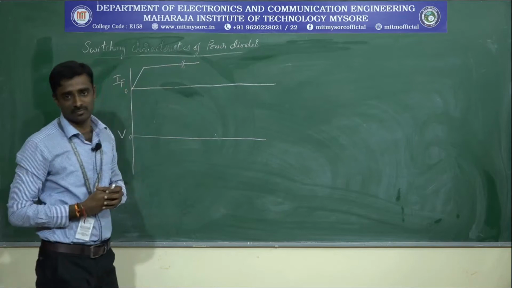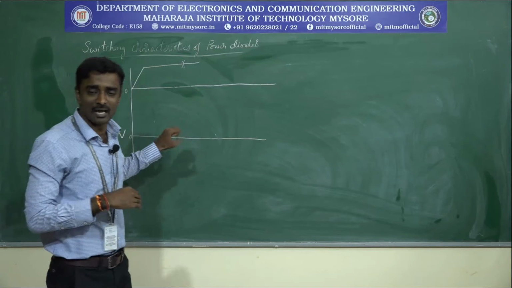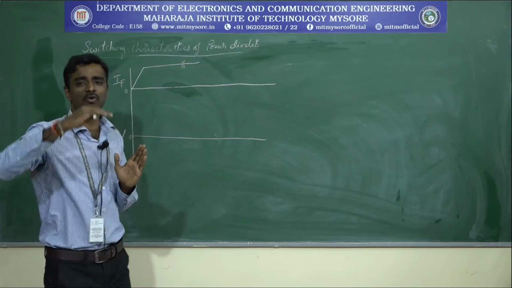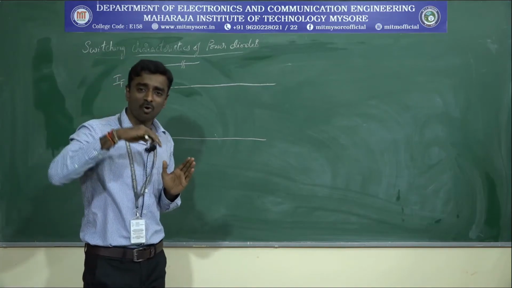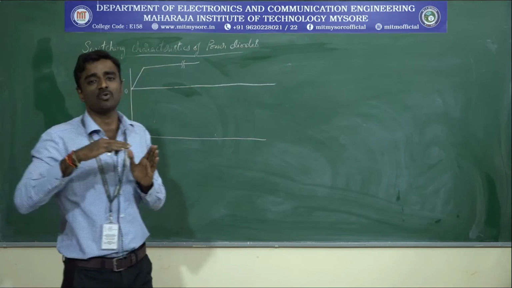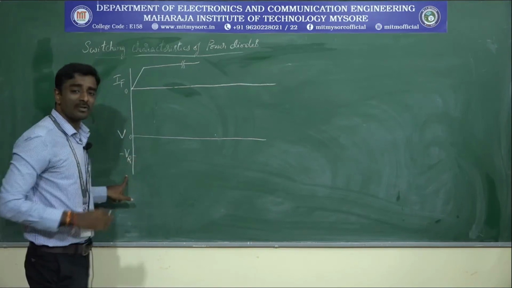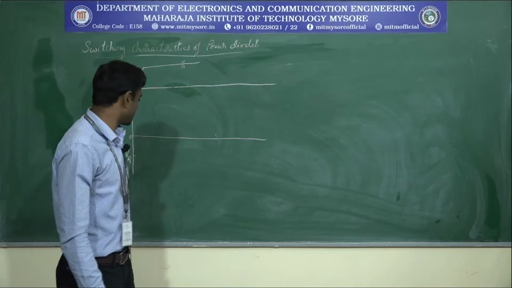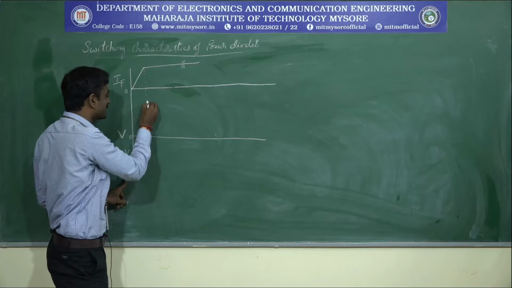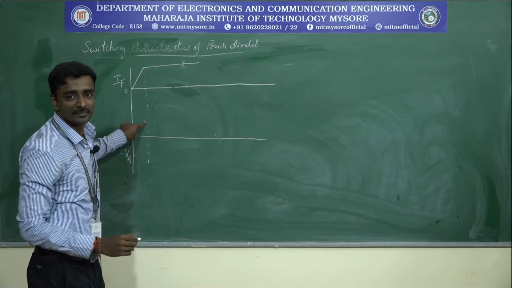We fix it to some value. Based on this, the voltage has to react with respect to the current. The current starts from 0, it should not be negative, but the voltage starts from a negative value, that is, the diode is in a reverse voltage condition. I call it minus VR. The voltage gradually starts from the reverse voltage, and once it reaches the steady state, it reaches the peak value here.